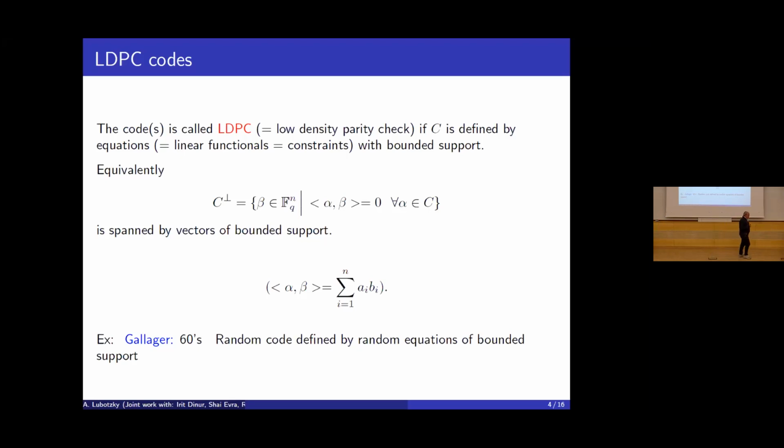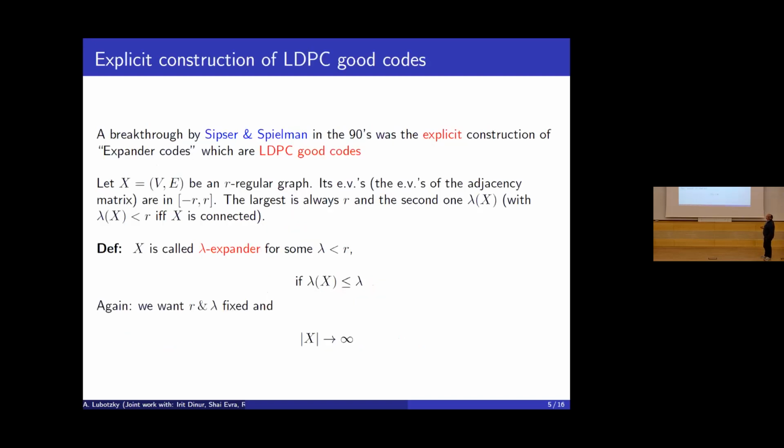Gallager defined this notion, and he basically said, okay, if you take a random matrix like in Shannon, but conditioned on the number of entries in the rows being sparse, only a bounded number, then still with high probability you will get a good code. So there exist good LDPC codes. Here, it was much more complicated to get explicit constructions, and it took something like 30 years